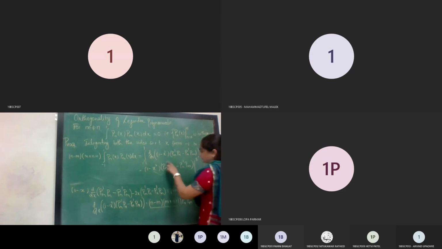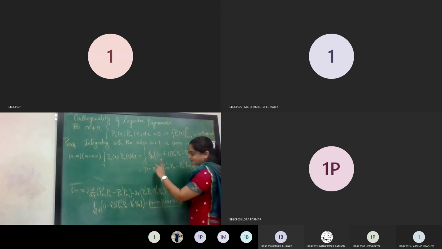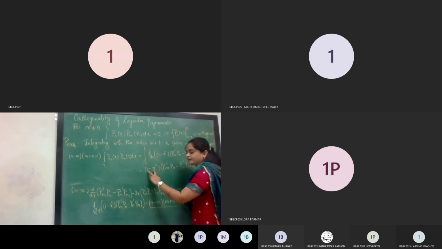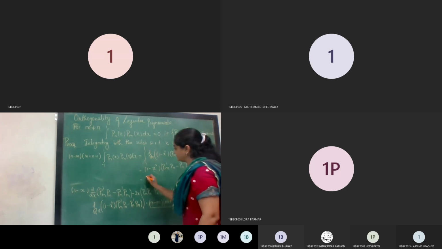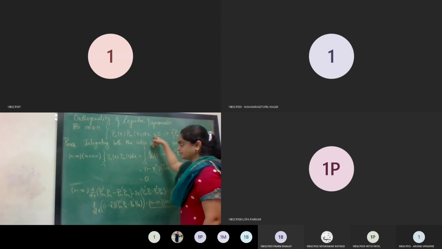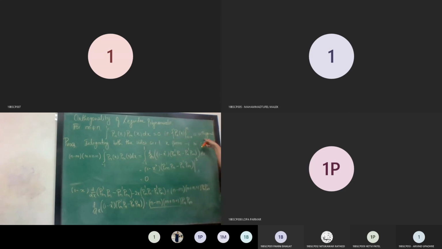We don't know the value of this one. Of course, it is a polynomial, therefore it will be a finite quantity only. Therefore, when you substitute x is equal to 1 first, this is a finite quantity, and 1 minus 1 is 0. When you substitute minus 1, again this will be a finite quantity, and again 1 minus 1 is 0. Therefore ultimately this will also be 0, and hence this is proved, and I can say Pn(x) is orthogonal. Is it clear to everyone?